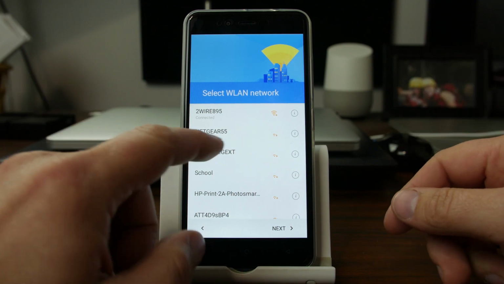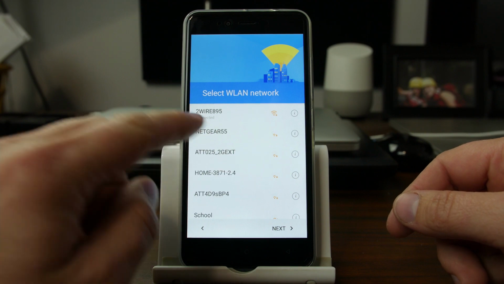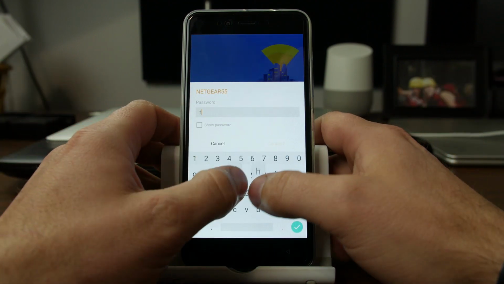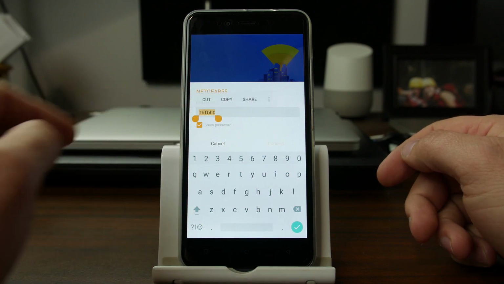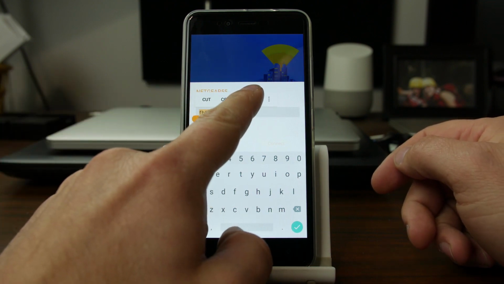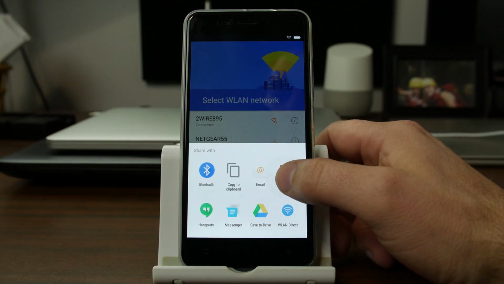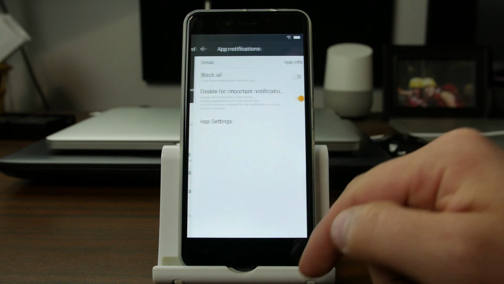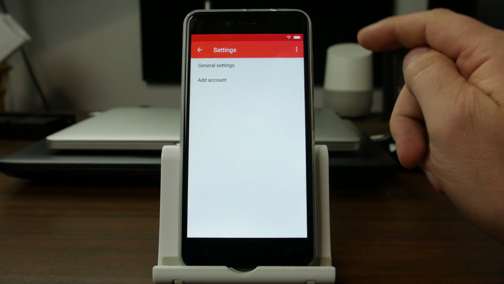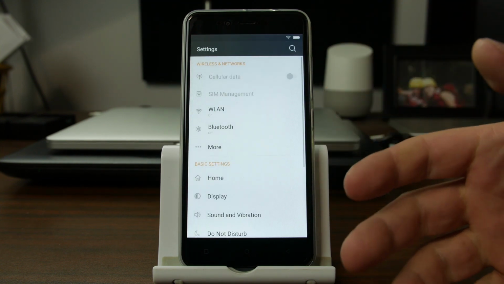So just pick a Wi-Fi network that we can connect to. I'm already connected to one currently, but I'm going to pick another one just to show you the method. So you're going to type in something here. You're going to go ahead and hold down on that, and then you're going to click on share. Make sure it says show or else it won't work. Then hold down on Gmail, and then you go into notifications, I think, and then app settings. And then you come up here and you go back to accounts and say continue, and this gets you right